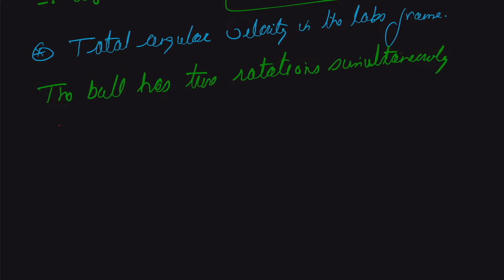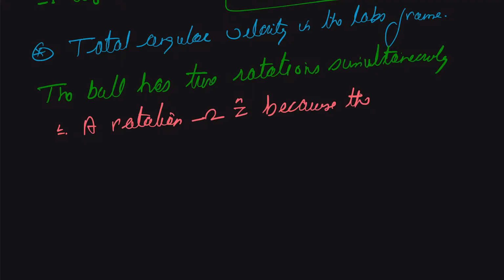The first one is our rotation of omega in z unit direction, and this is because of the ball's center of mass